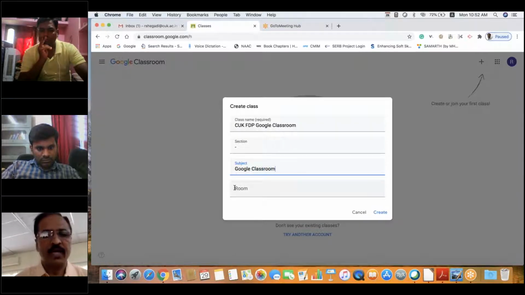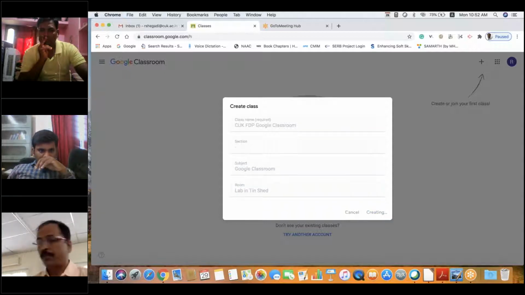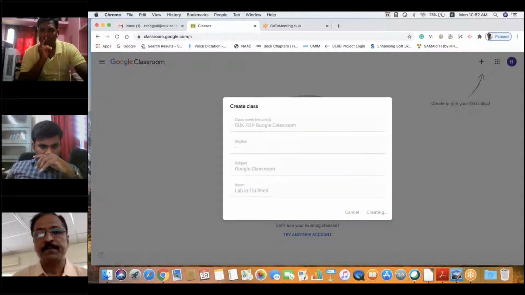That is the subject that I am going to teach. For the room, I will just give lab in TinShed. After giving all this information, I will just press create. Once I press this button, my class will be created.